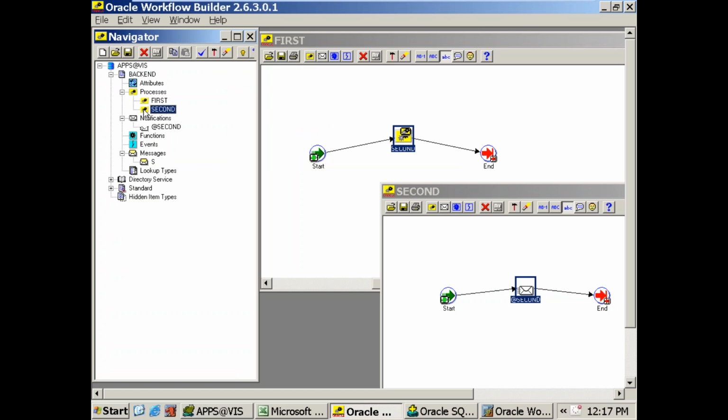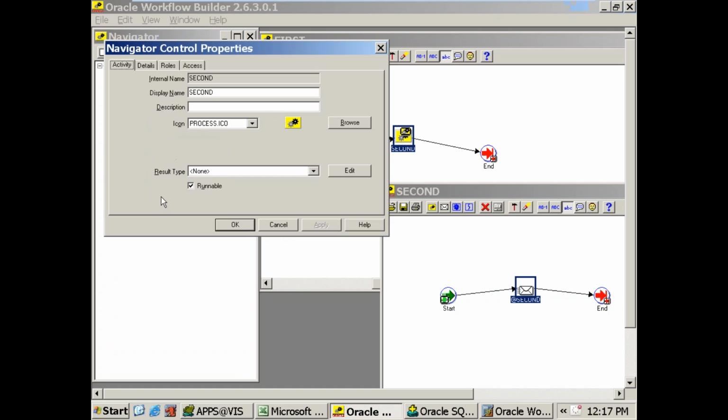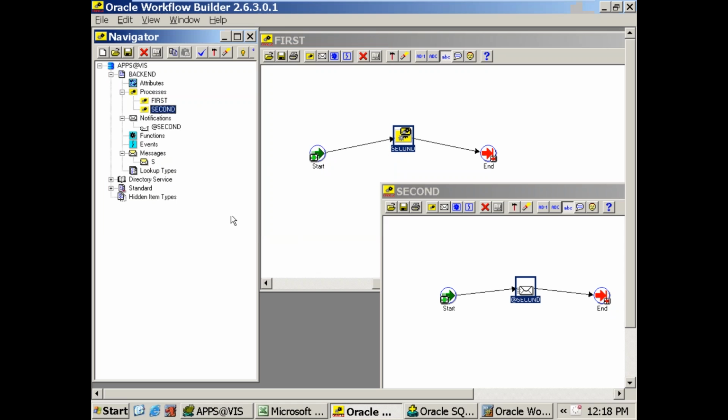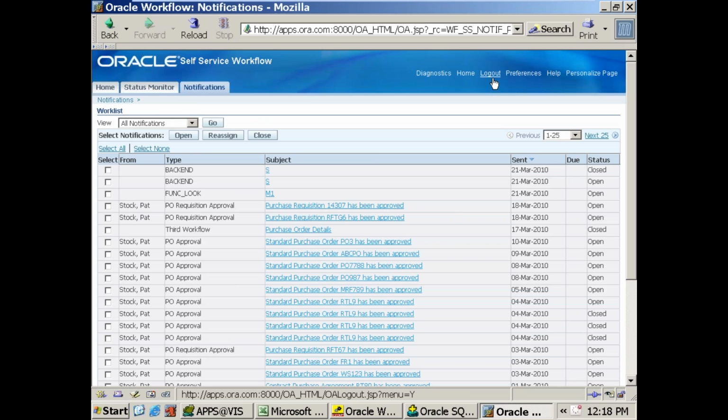for example, this second process, user should not run directly. The second process must always be called from the first process. It should not run directly. Then there is one checkbox here. This you have to uncheck. Now this second process you cannot run directly. It must be called from some other process. It cannot be executed directly from the